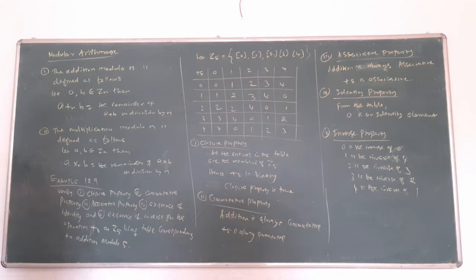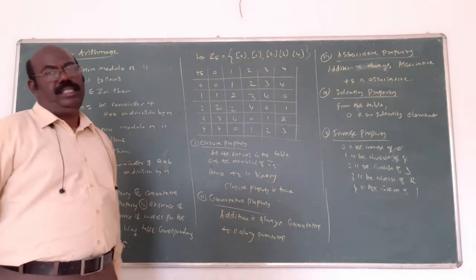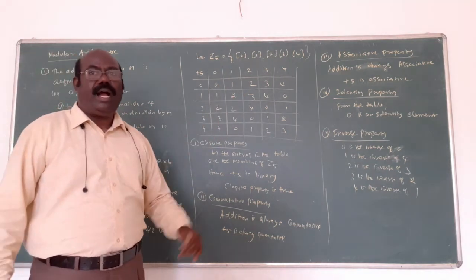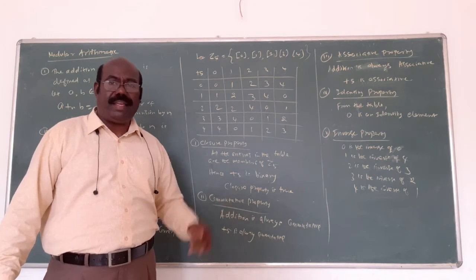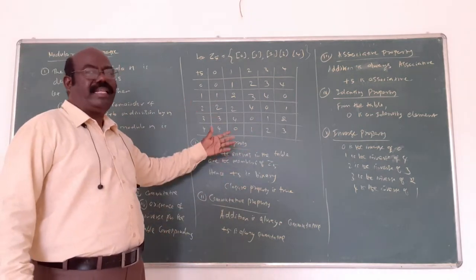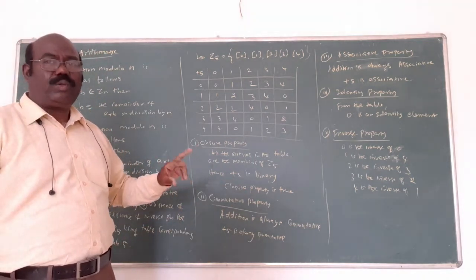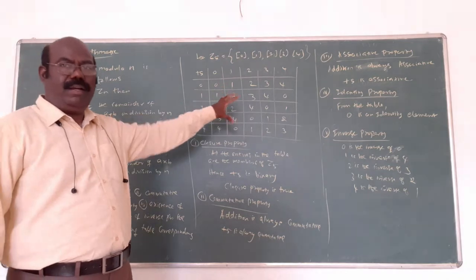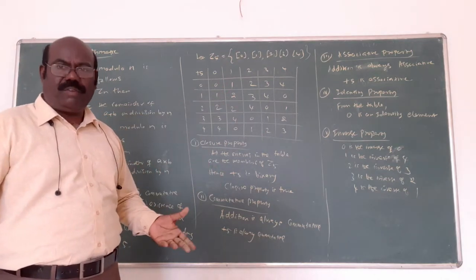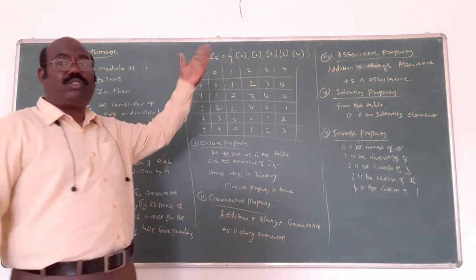That's all. Addition modulo 5 means 5 and above will not come. If 5 and above comes in, that's why it is divided by 5. You will write only the remainder. From the table, you write the answer one by one. Closure means you can take 2 elements from the table, then add both together with respect to addition modulo 5, and we get the answer also from the table.